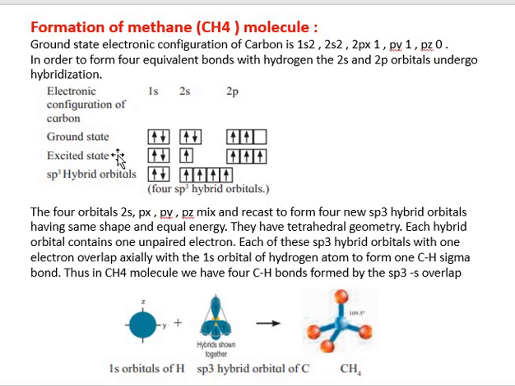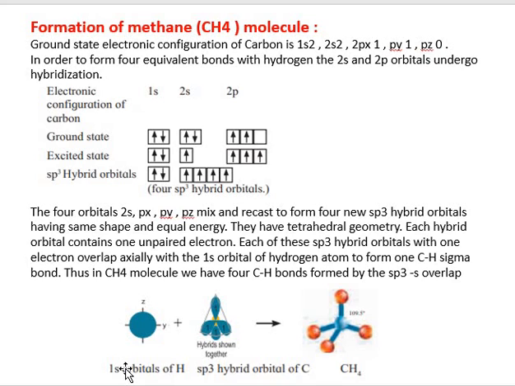Now in the excited state, 1 electron will jump into pz. Now you are seeing all p orbitals are having 1 electron. Now this 2s and these 3 p orbitals are going to be mixed, and they are giving us these 4 sp3 hybrid orbitals. And sp3 hybrid orbitals will be like this in shape, the tetrahedral geometry. They will arrange themselves,